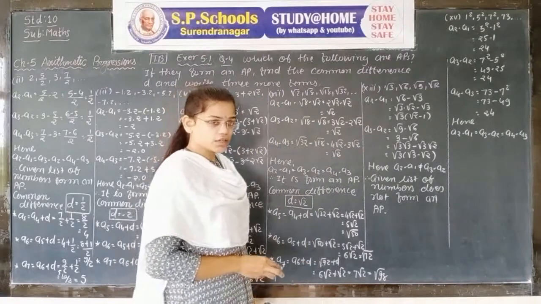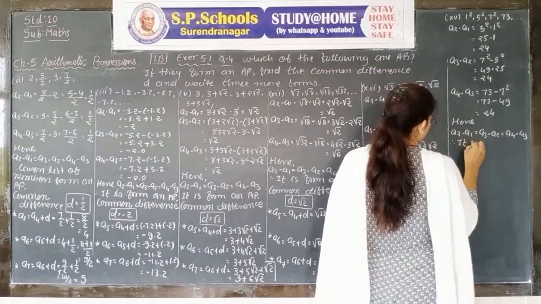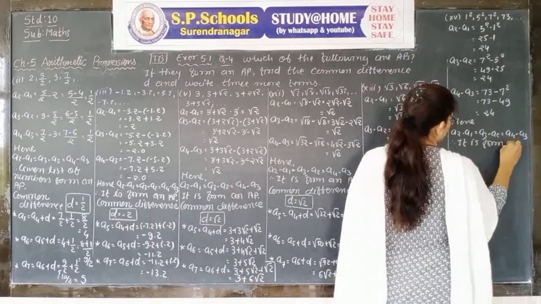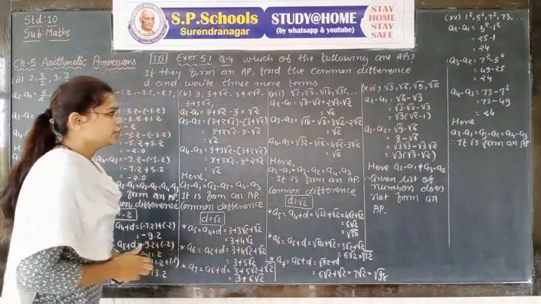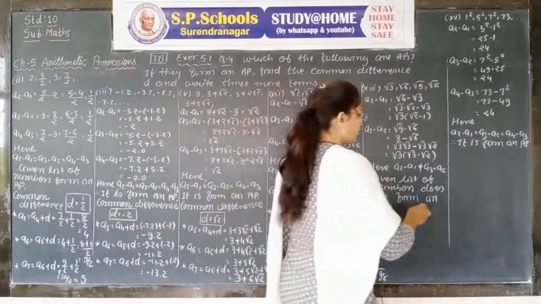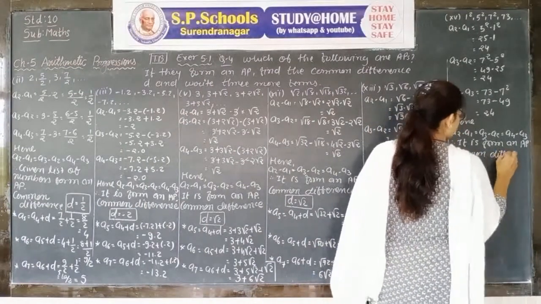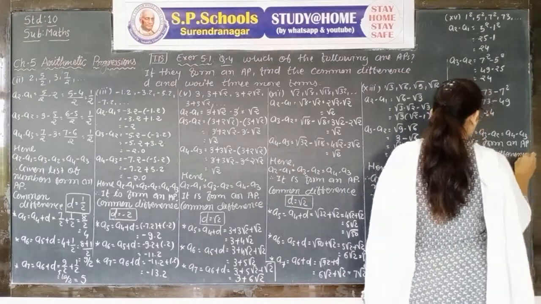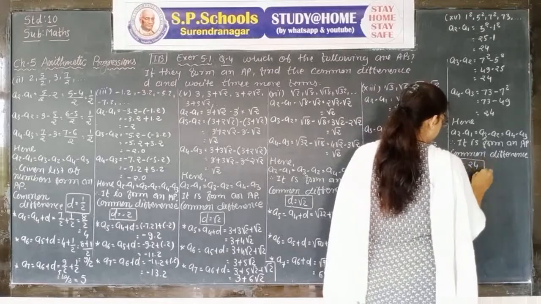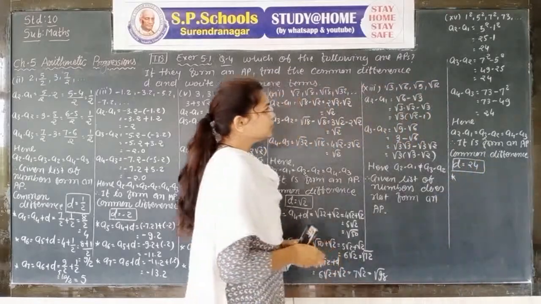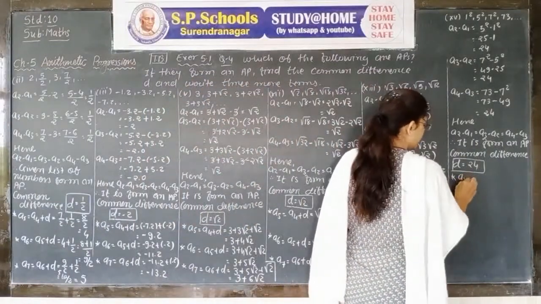If the difference between two consecutive terms is equal, then it forms an AP. Therefore, it forms an AP. Since it forms an AP, we need to write the next three terms and write the common difference. Common difference D is equal to 24. Here 24 is the common difference. In the list of numbers, 4 terms are given, it is an AP, we need to write the next three terms.